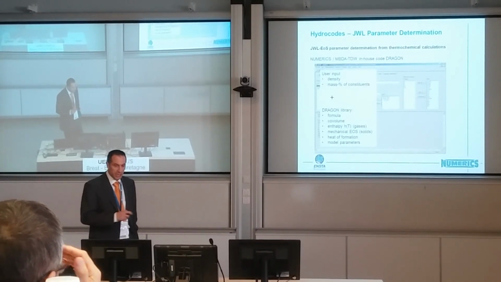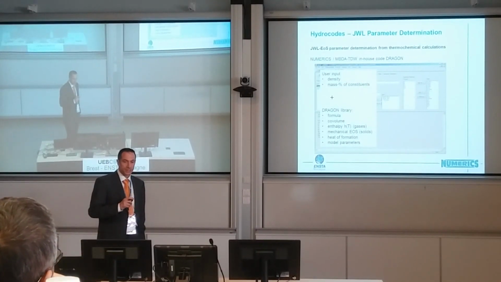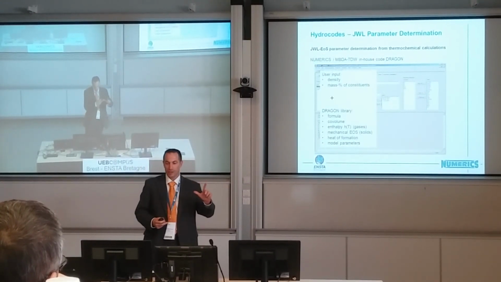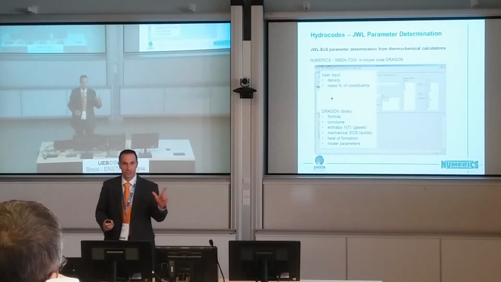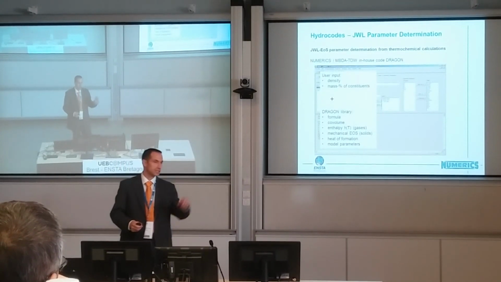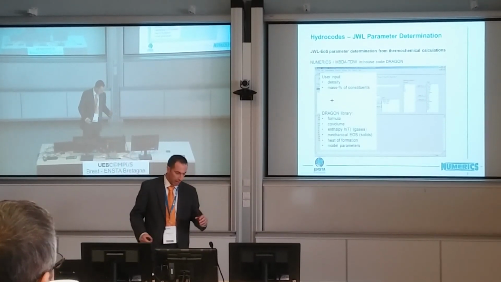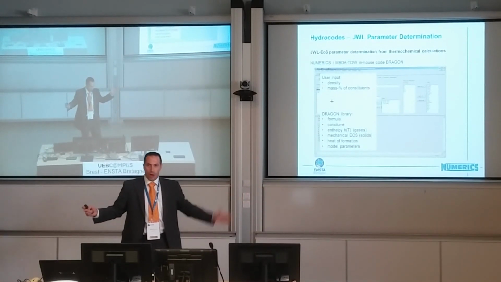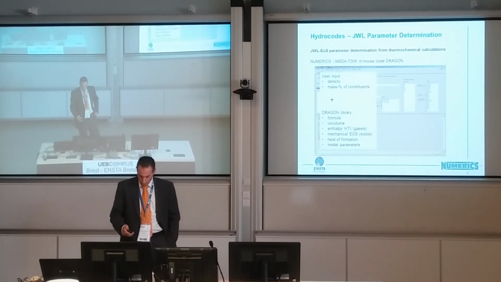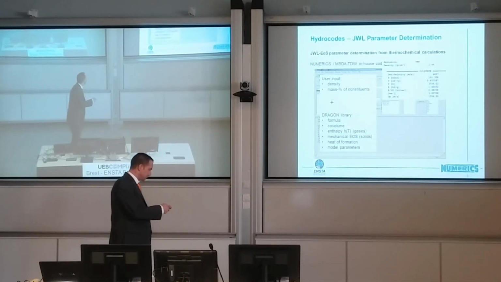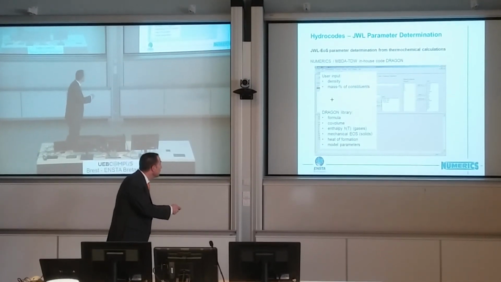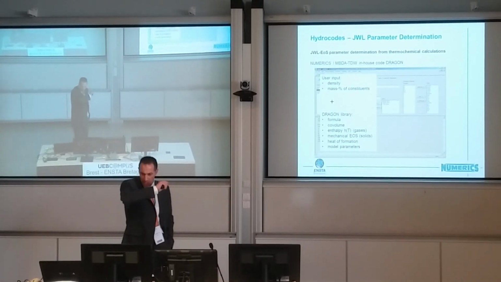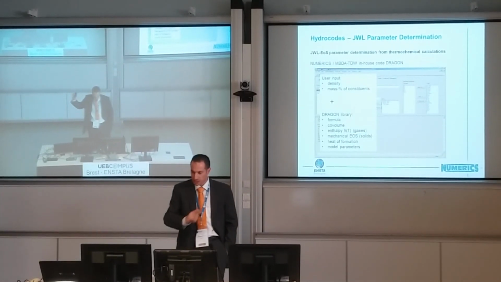So the input here is the density of your explosive and the mass percentage of the constituents, like RDX, HMX, or aluminum, whatever. And together with the library information, the formula, the enthalpy of formation, the mechanical data, and so on,